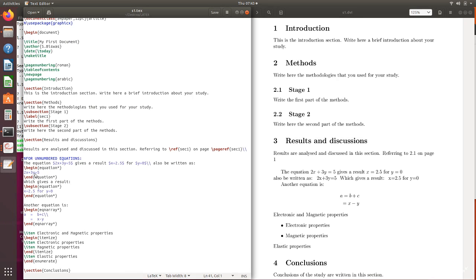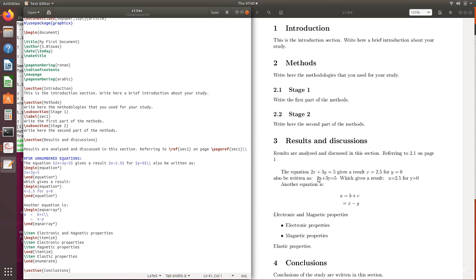Here, see here, begin equation. Here I have used a star sign, then 2x plus 3y, end equation star. If you need no equation number, then write just a star with equation within the curly brackets. So then 2x plus 3y is this, and this is the command for ending this equation. So this will produce it like this. Yes, see here, 2x plus 3y is equal to 5.